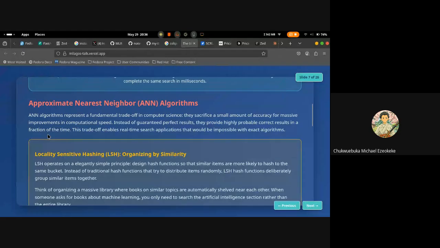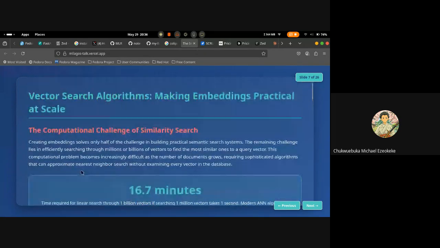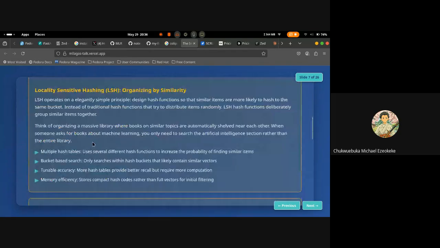Has anyone heard about approximate nearest neighbor, or ANN, which is a concept in traditional machine learning? ANN implements a trade-off where it sacrifices a small amount of accuracy for computational speed, and because of that, ANN can help in vector search algorithms. I'm going to talk about locality sensitive hashing, where you organize by similarity. LSH operates on a simple principle: design hash functions so that similar items are more likely to hash into the same bucket. So instead of traditional hash functions,